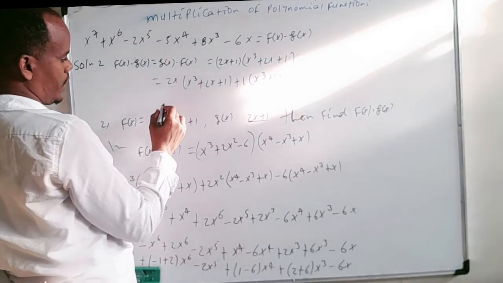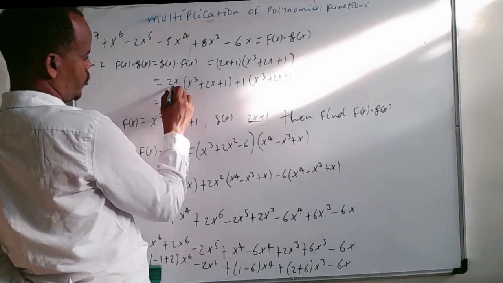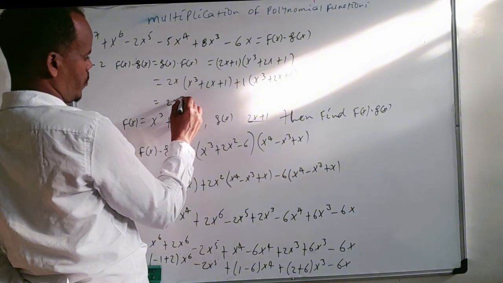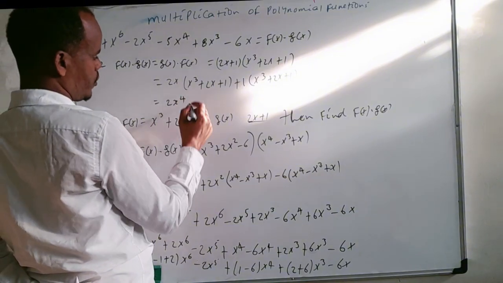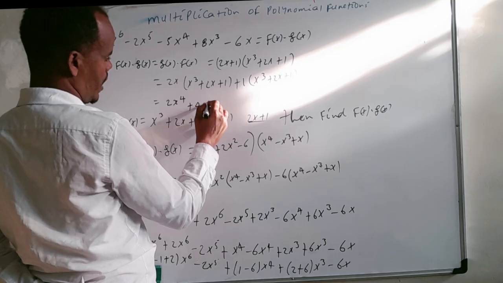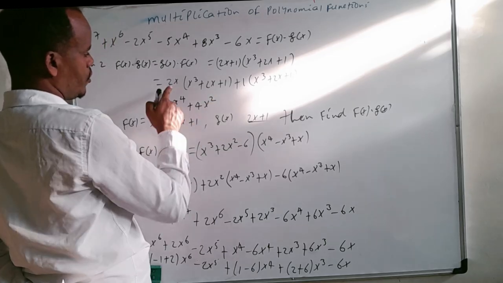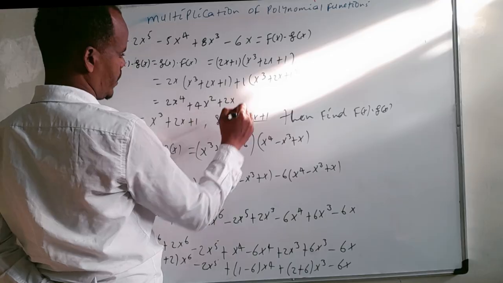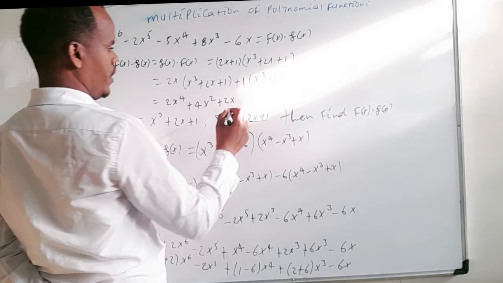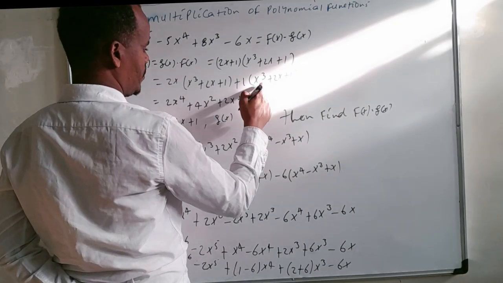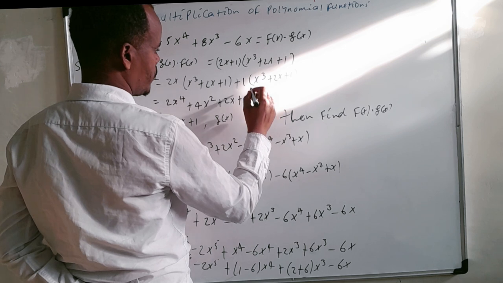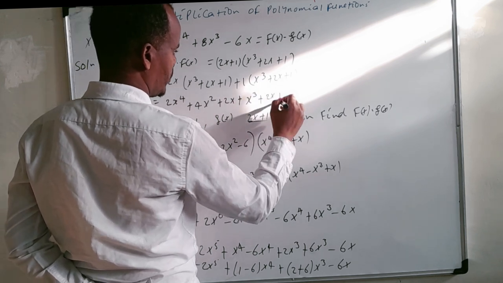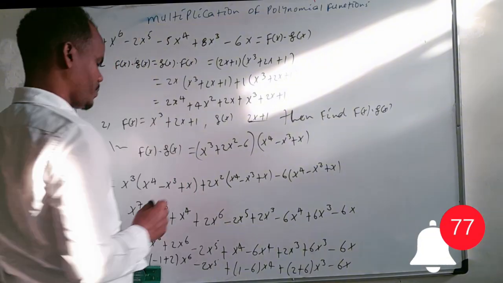This means 2x times x to the power of 3 means 2x to the power of 4. 2x times 2x means 4x to the power of 2. 2x times 1 means 2x. Okay. Plus 1 times x to the power of 3 means x to the power of 3. 1 times 2x means 2x. 1 times 1 means 1. Okay, this means